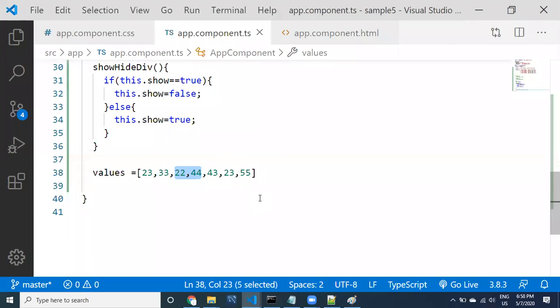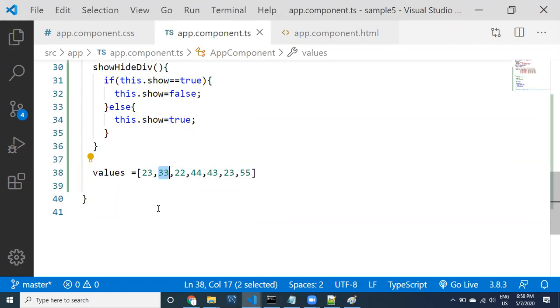So I have combined loop and condition. Using the loop, we are taking values one by one, and using ngIf, we are verifying whether each is an even number or not.